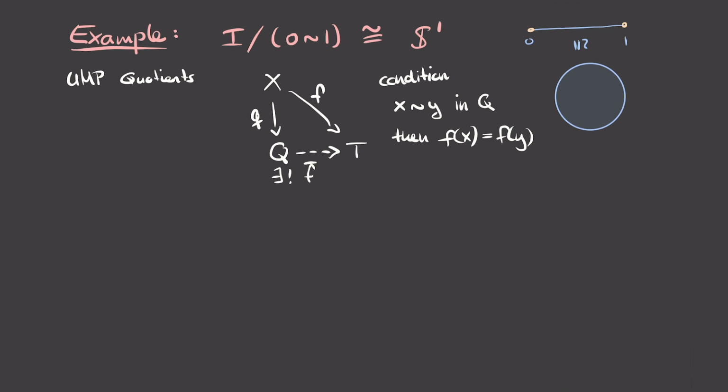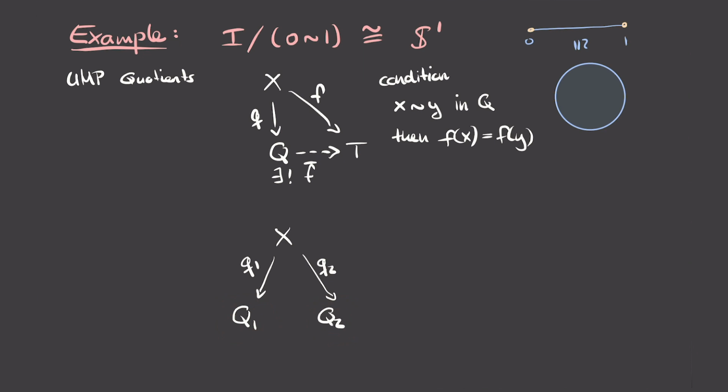For this, we suppose we have the following situation. So we again have some large space X, and now we're going to have 2 quotients of X. So we have some quotient map, let's call it Q1, going to a quotient space Q1, and we have another quotient map, Q2, going to a quotient space Q2. We now want to find conditions on the quotient maps Q1 and Q2 that will make the resulting quotient spaces capital Q1 and capital Q2